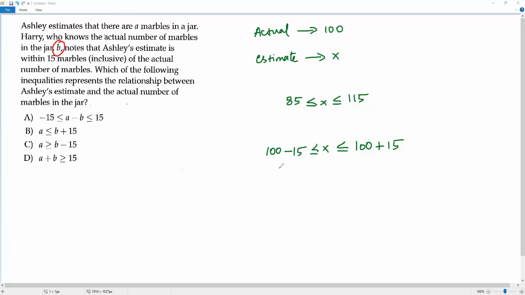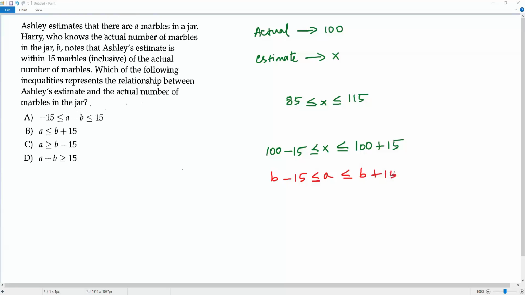So we can replace this 100 by B, minus 15, less than or equal to. In our example, we assumed X as the estimate, but according to the question, the estimate is A, because the question clearly says Asley estimates there are A marbles. So we can replace this X by A, less than or equal to, and again we can replace this 100 by B